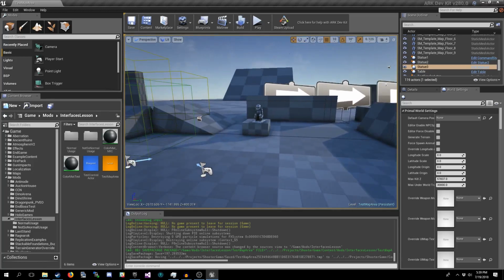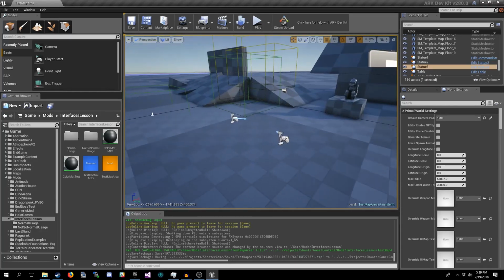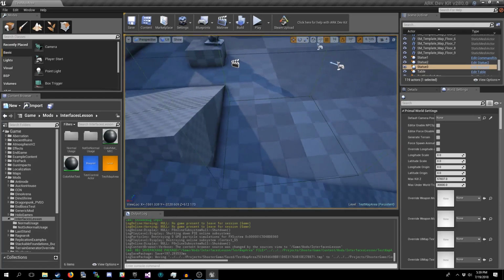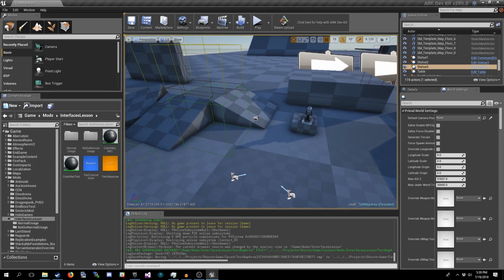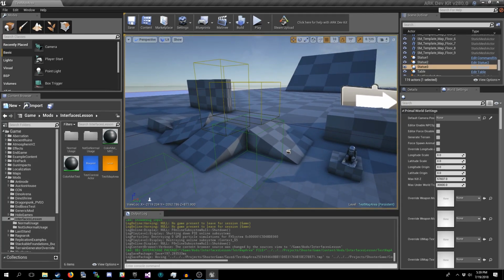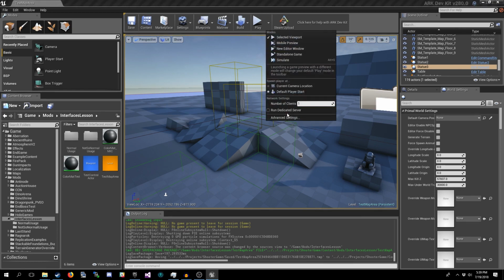One thing to keep in mind is that this particular setup will not work in a dedicated server environment. It wasn't set up that way. I feel like it would have convoluted some of what I was trying to get across with interfaces. So I just kind of left that out. So when you mess with these project files, just make sure to turn off run dedicated server here if you have it on.